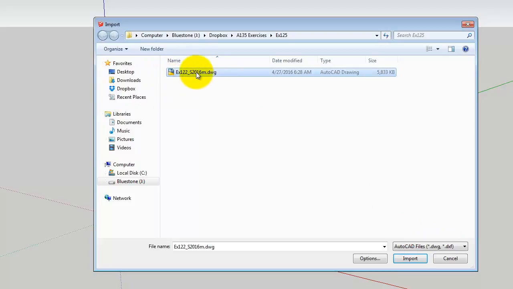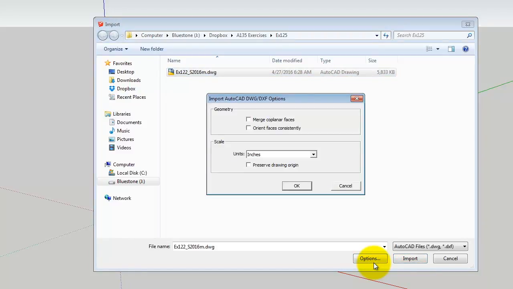And you'll want to click on the AutoCAD file, and then make sure you click on Options. Whenever there's an option button, click on it. Even if you don't change any of the settings, at least you're aware of the fact that there may be some settings. So I've gone ahead and clicked on the Options button, and lo and behold, there's something called